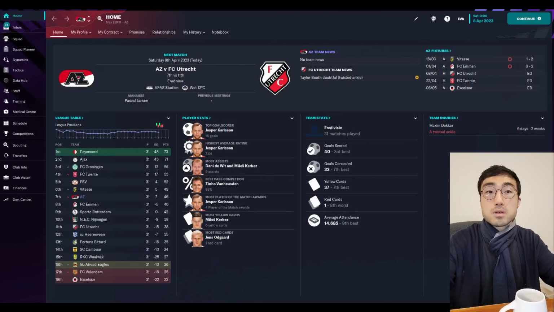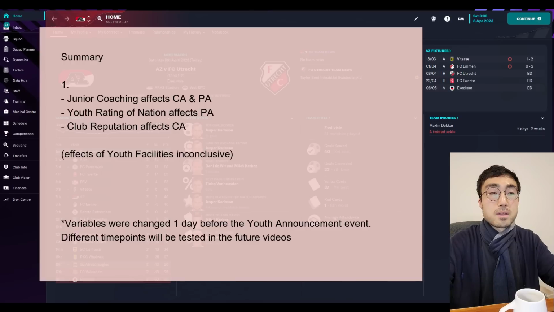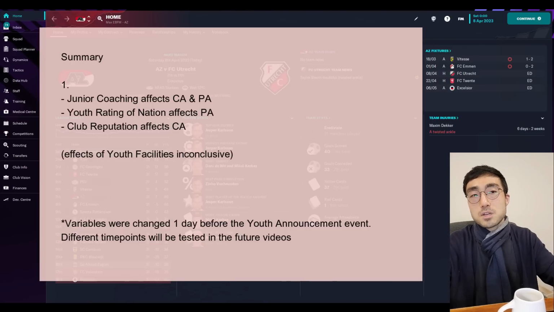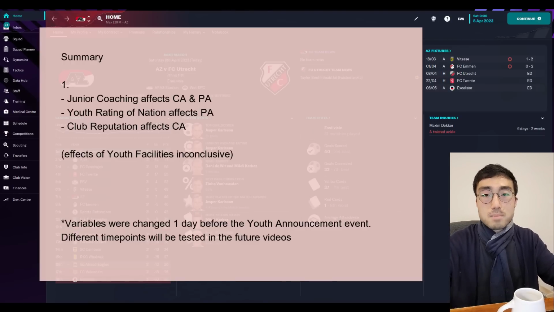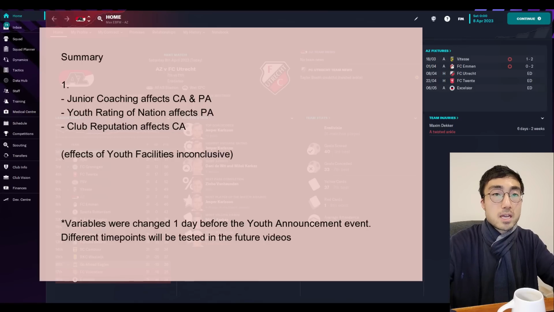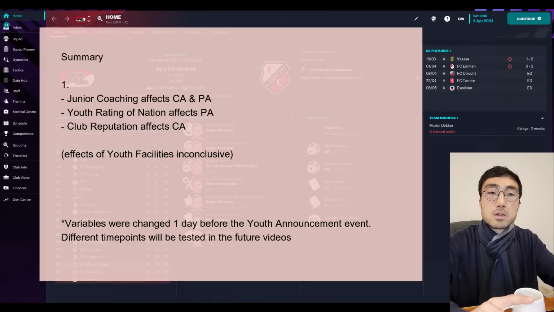Okay, time to make a summary of the test results that I showed you today. This summary will overlap a little bit with the summary from my last video, but this one is more comprehensive compared to the last one. 1. The following variables have a correlative relationship with the CA and PA ratings of the youth intake: junior coaching